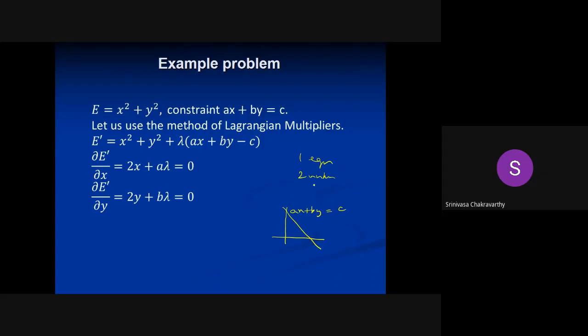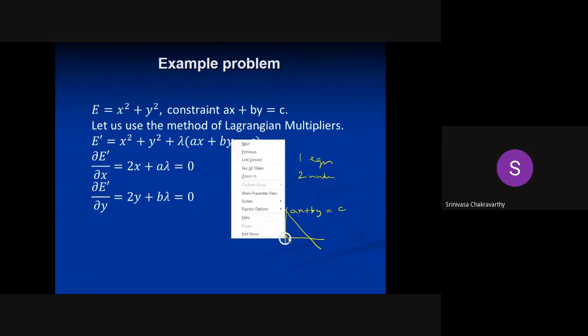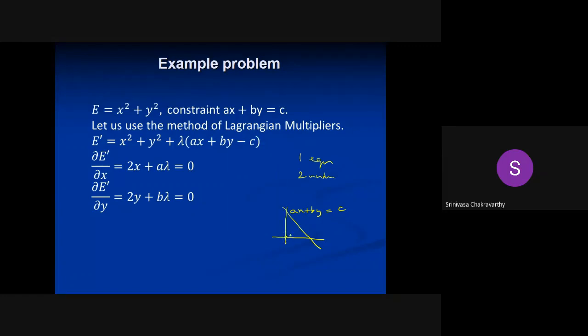Instead of avoiding this problem of infinite solutions, we put an additional constraint and make sure we get a unique solution. So what is that constraint in this case? The constraint is: give me the smallest solution, that is, the solution which has the smallest length in all those cases. That will be this point, because that is the foot of the perpendicular from the origin, because of all the solutions, that solution has the smallest length.